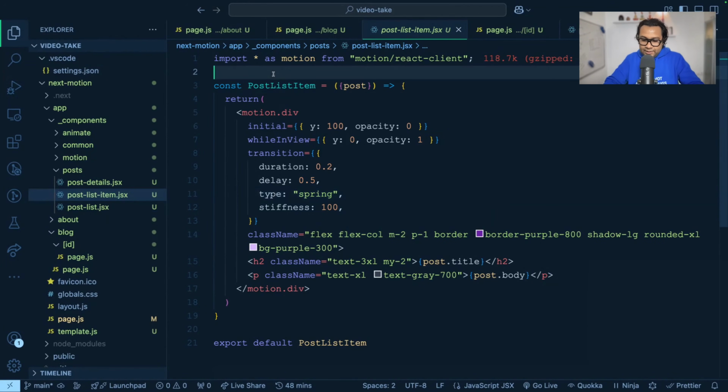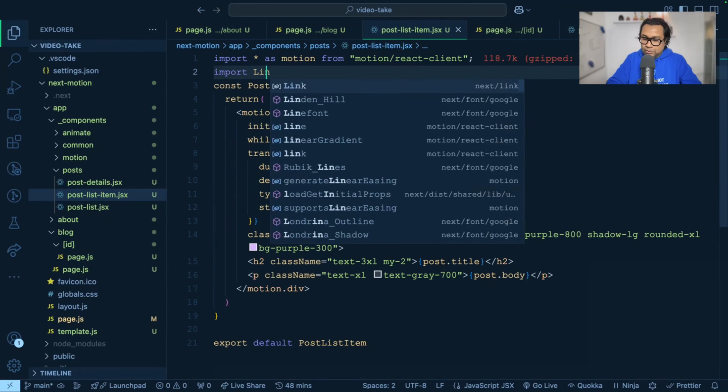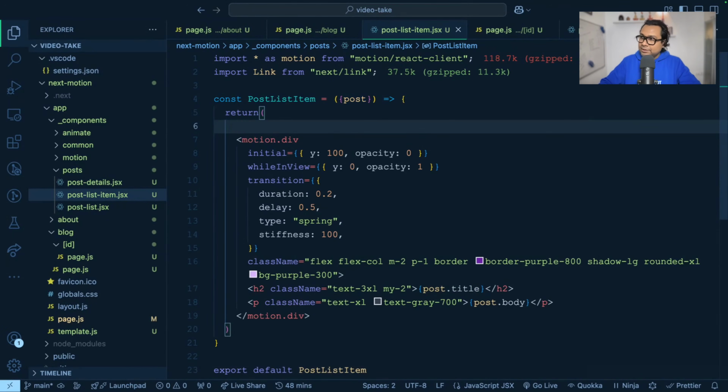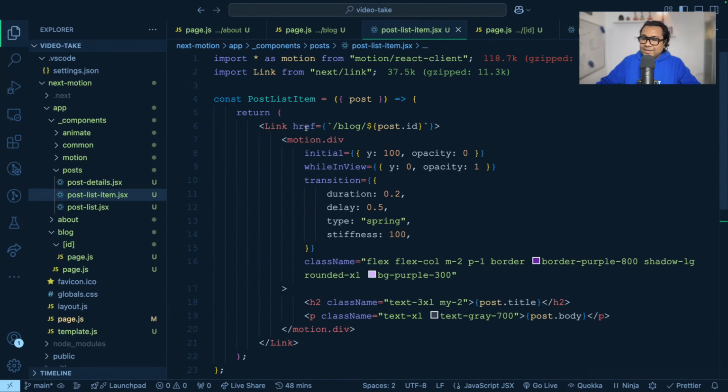So here I have to link. I'll do import link, and then I have the post. So from post I can get the post ID. Let's wrap this div with this link. All right, so I have a link now, href to /blog/post.id, so that if I click on each of those item, I can go to /blog and that particular post ID,